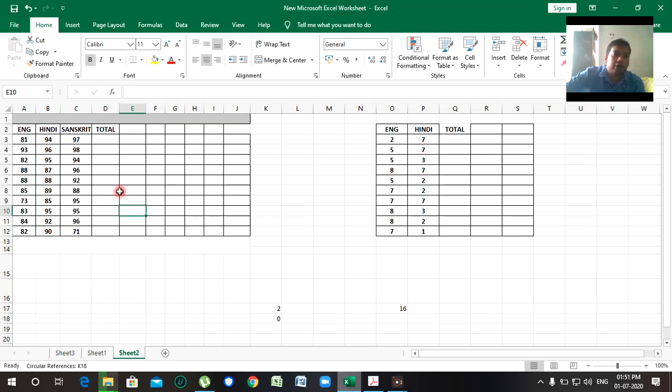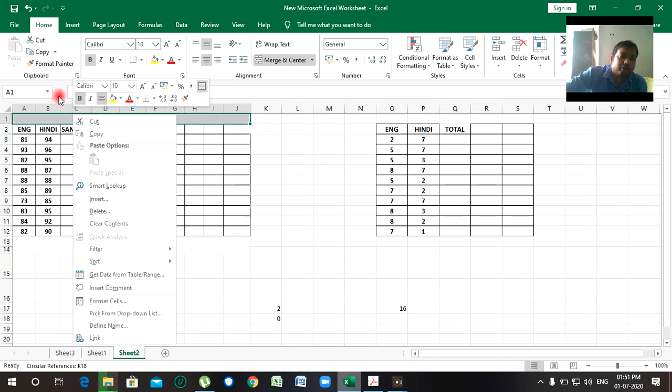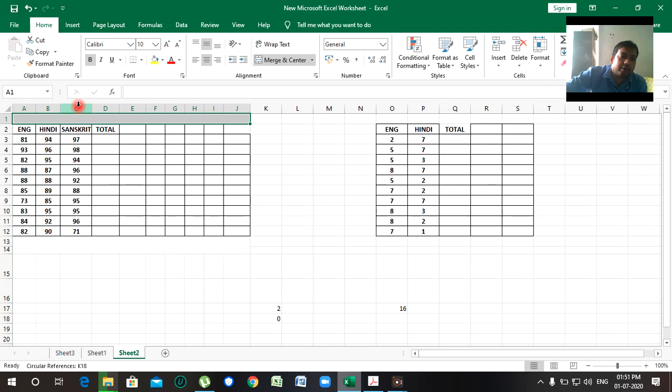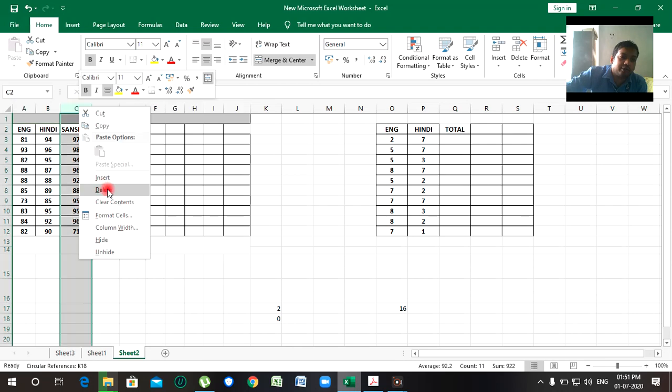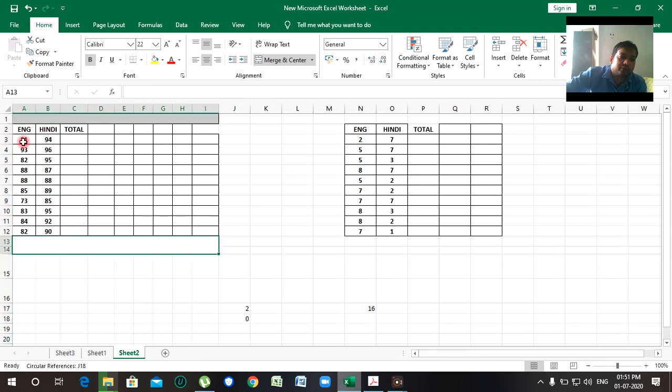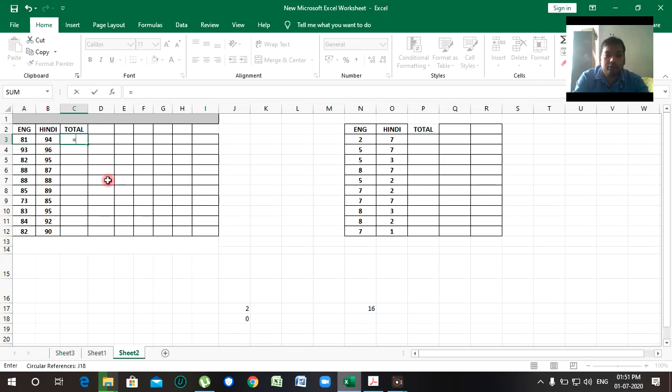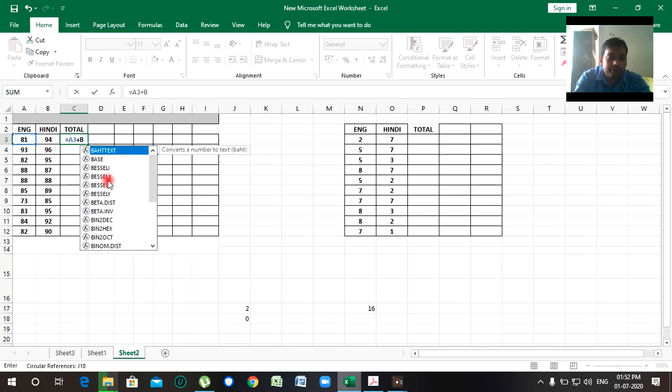Now I am going to do this again. We have to delete this also. Now see here, I am going to type equal to A3 plus B3.